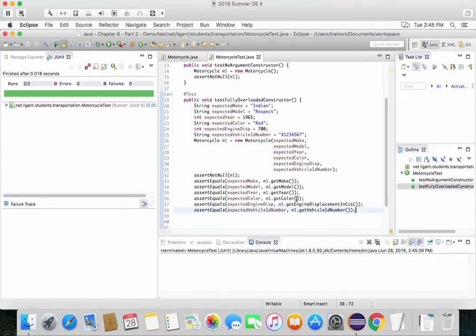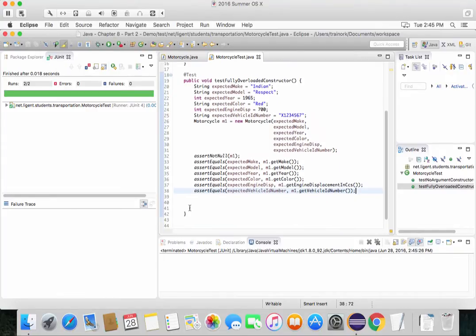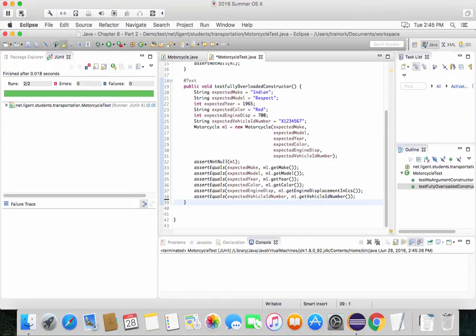Okay. Now, you'll remember a little bit earlier in the demo, I said we don't have to test the getters and the setters explicitly for two reasons. One is that they're too small to fail, which is a pretty bad excuse, I've got to say. But the other one is that we're testing them implicitly. So when we test the overloaded constructor, we have tested the getters and the setters, because the